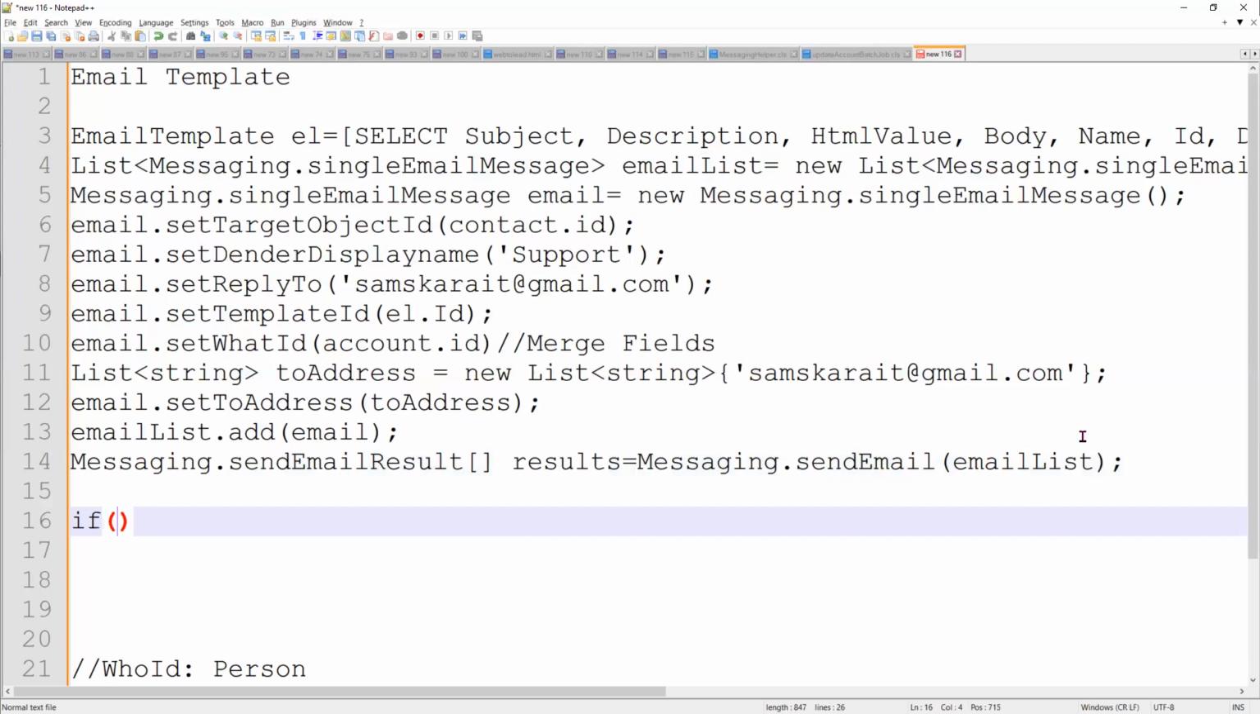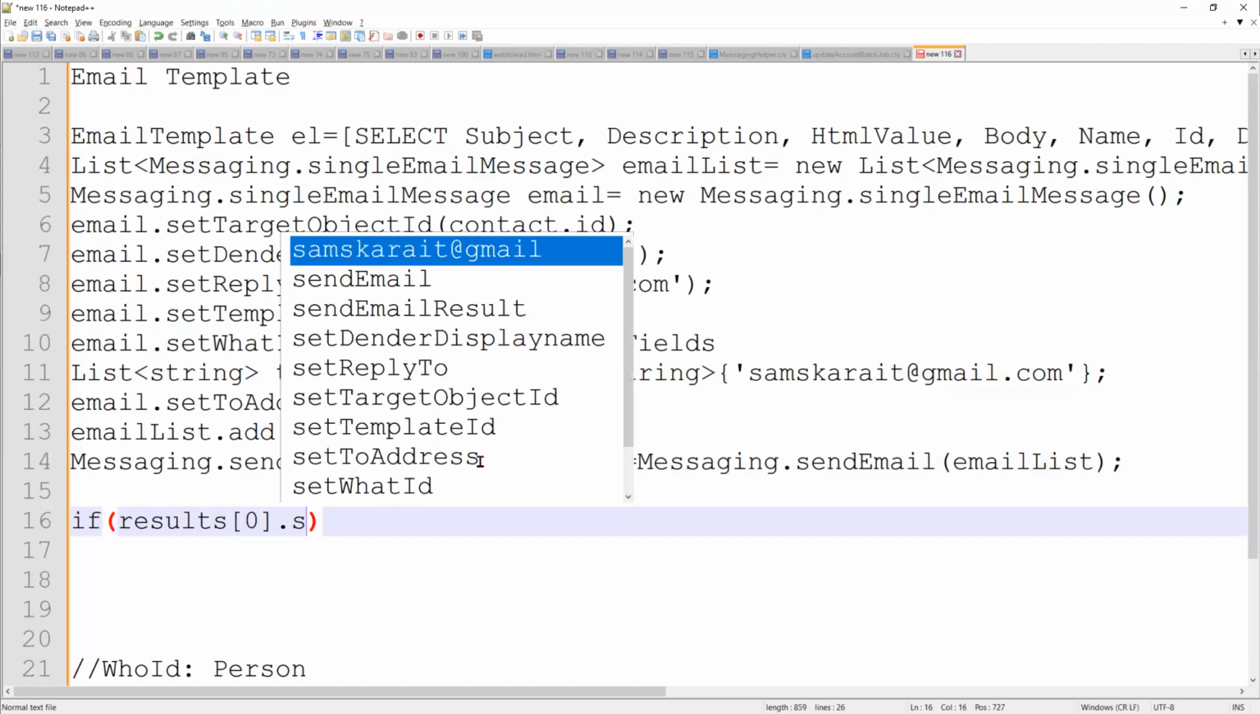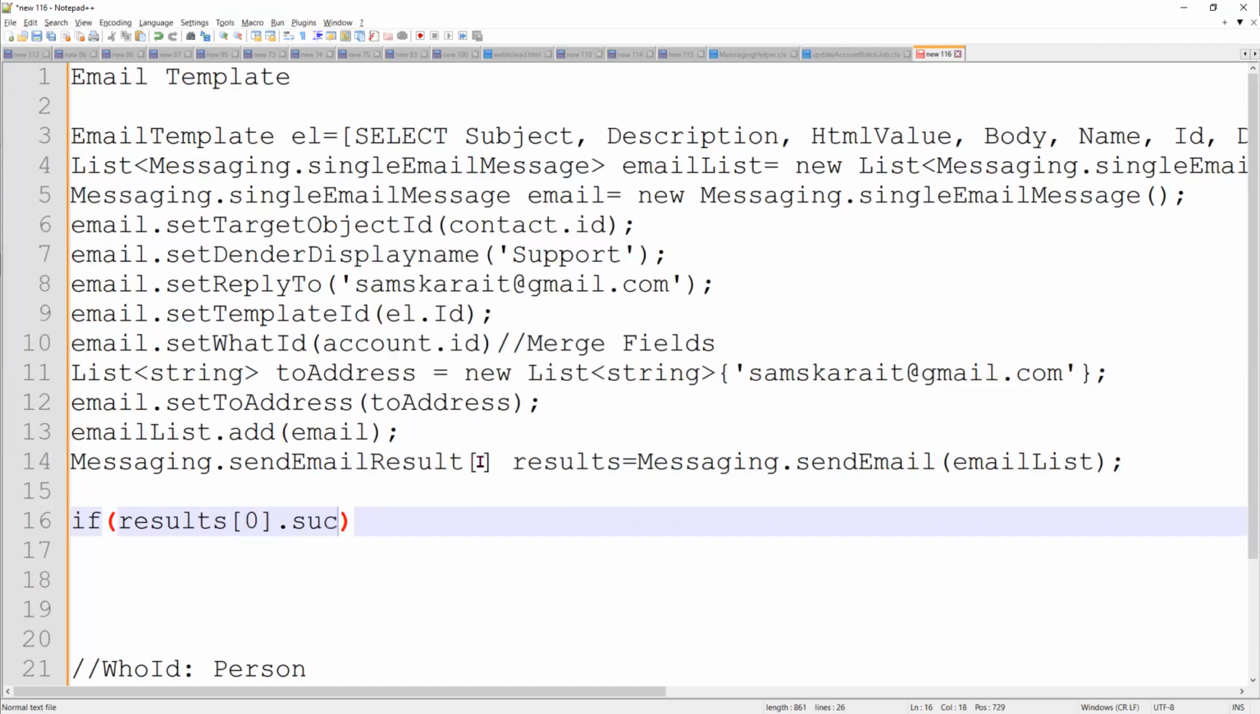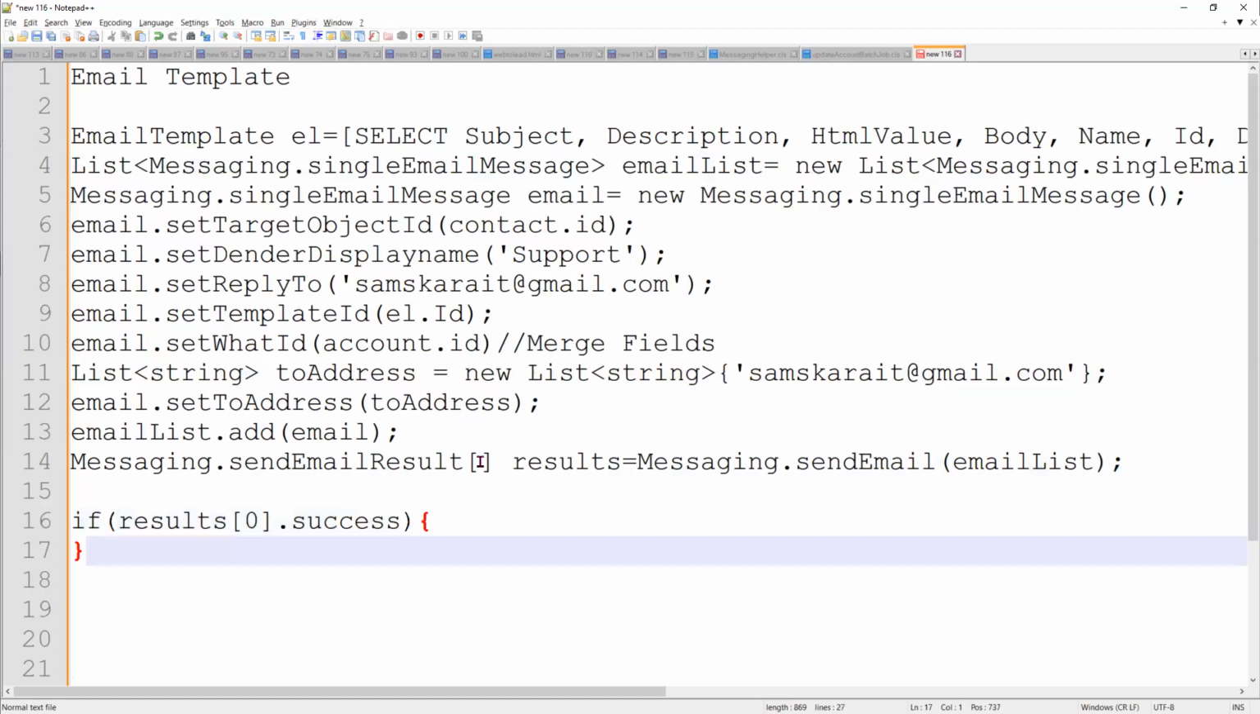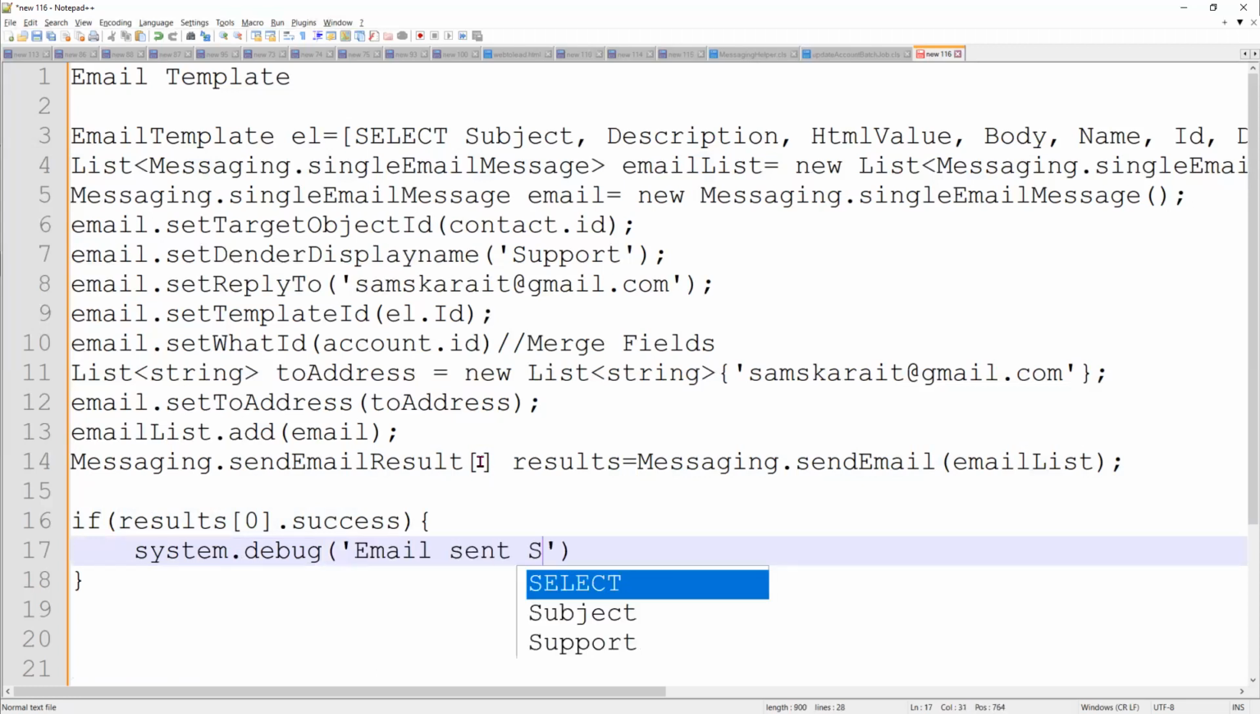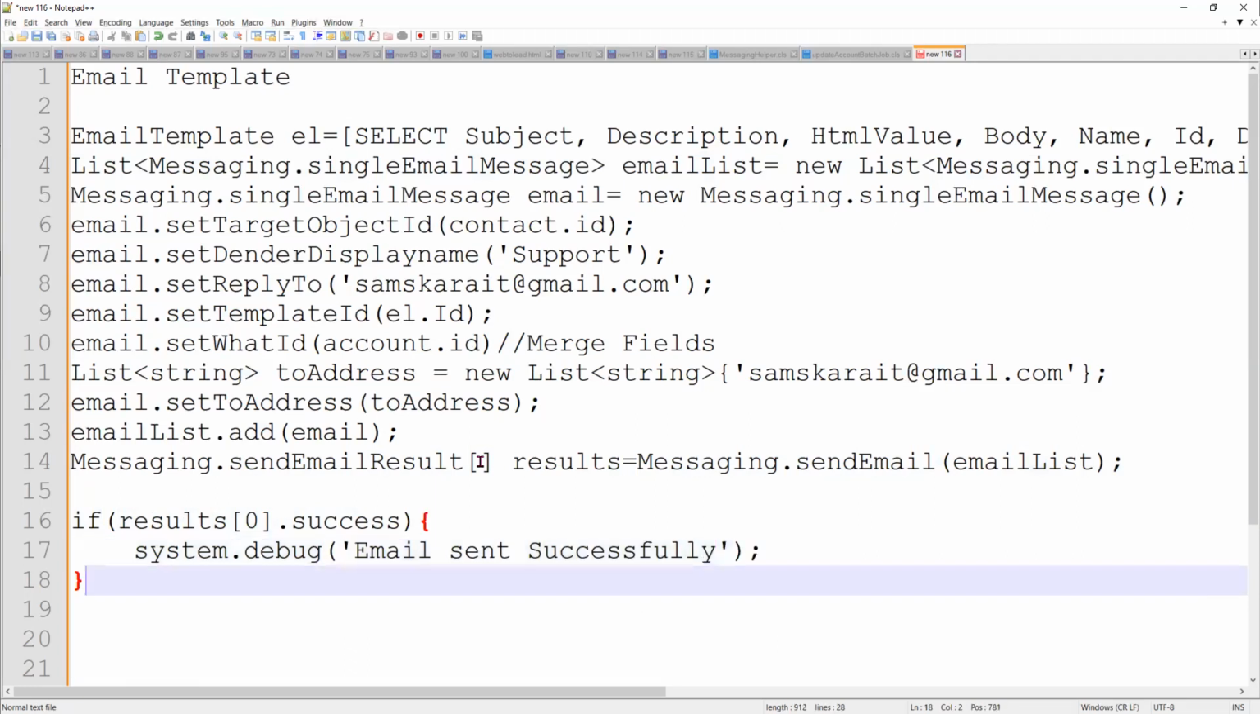Whatever the result is there, right? This is the array. Let's assume that I wanted to check only the first one. Dot, if it is successful, then I wanted to print the system.debug. System.debug. Let's say that this email is successful. Email sent successfully. Else,